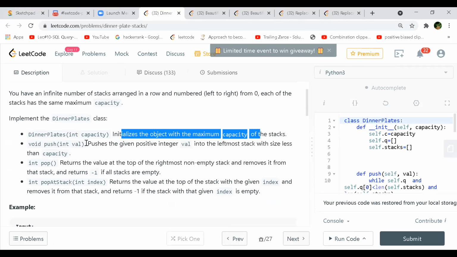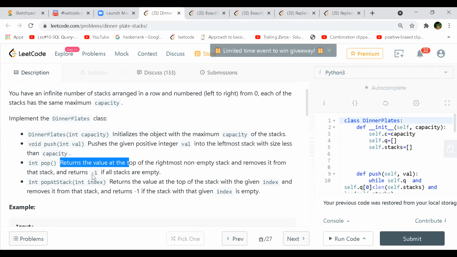Pop returns the value at the top of the rightmost non-empty stack and removes it from that stack, and returns -1 if all stacks are empty. And popAtStack returns the value at the top of the stack with the given index and removes it from that stack, and returns -1 if the stack with the given index is empty.